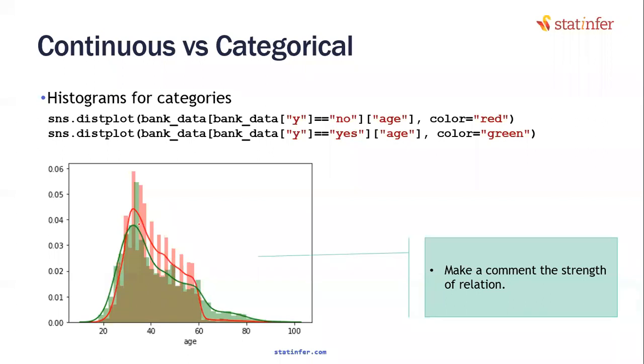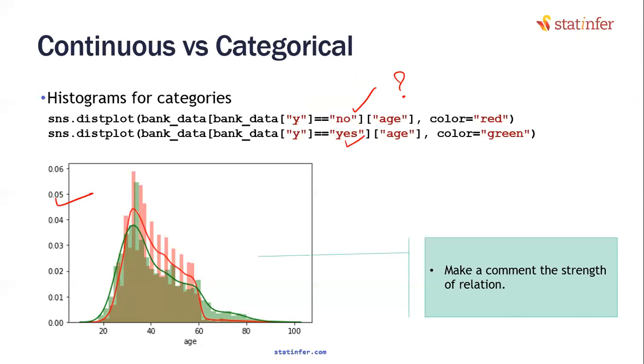You draw the histogram, but a histogram for only one variable. Here you can consider this as the gender variable, or here the variable name is y, which is taking two values, yes or no. This y is whether the customer previously purchased the insurance or not. So there are some customers who did not purchase the insurance, and some who have purchased it. Y is the target variable that has been converted to this y. Now, was there any age difference between those who did not purchase the insurance and the customers who have purchased? Was there any age difference?